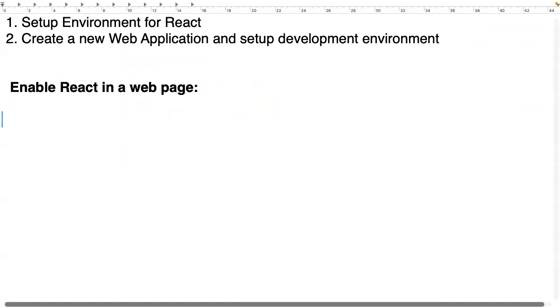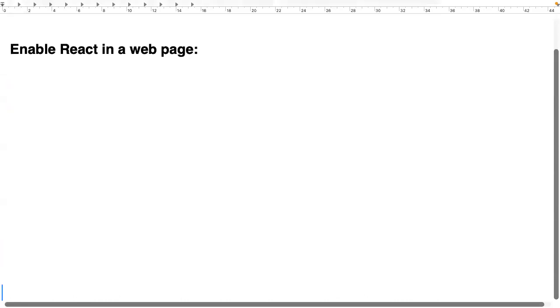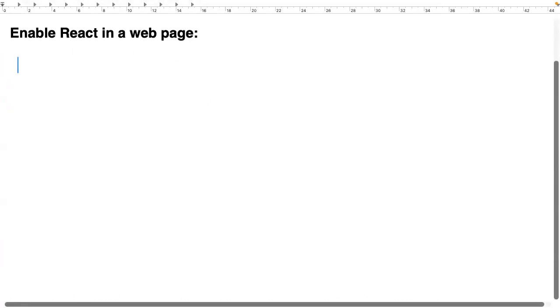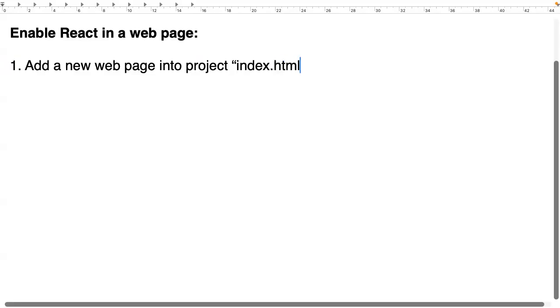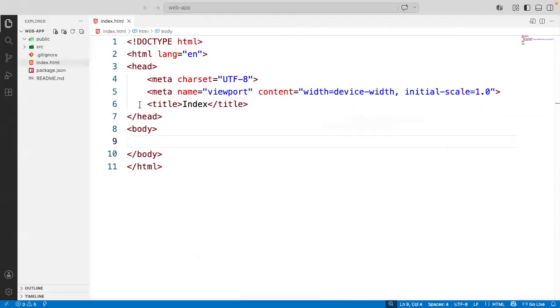Let's see. First step: whenever you are having a web page, add a new web page into the project. So index.html. You already did, everyone? Okay. Now, the second point. Up to this, everyone has it ready on your device? Okay. Now tell me,